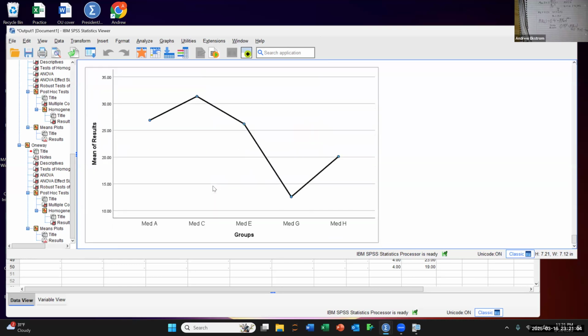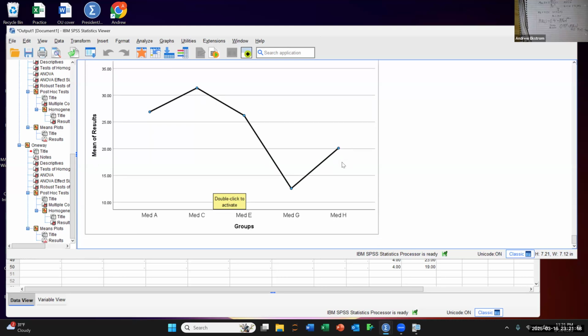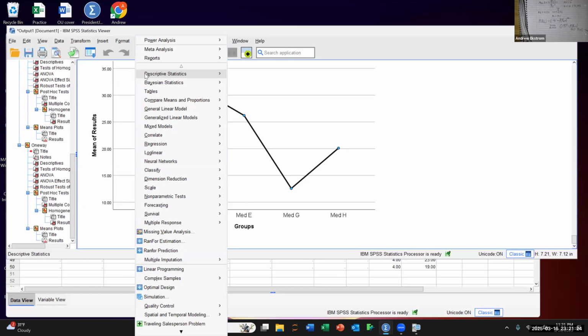And we can look here and see that there does in fact seem to be a difference between all 5 of the groups. G seems to be really low. C seems to be the highest, and we already know that H has the smallest standard deviation. So now that we've got all of that done, and we're now basically told that ANOVA does not work,